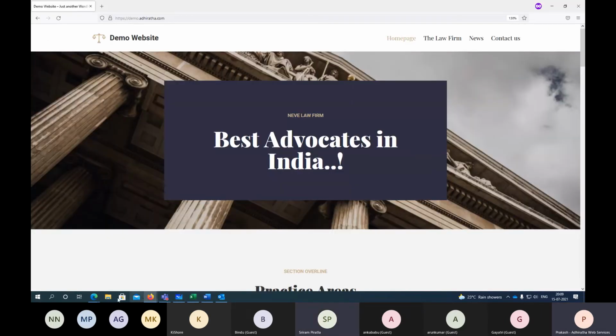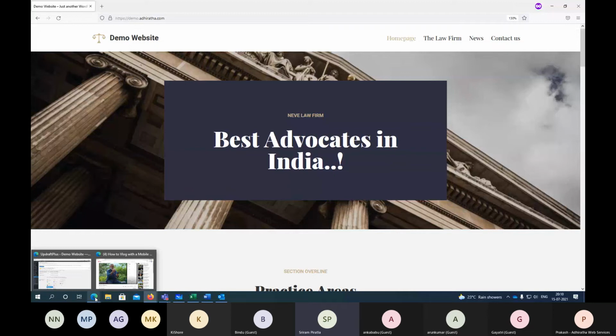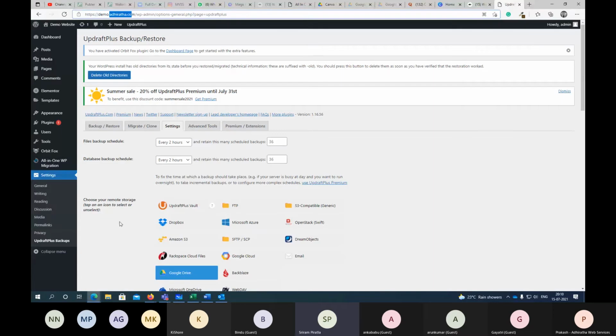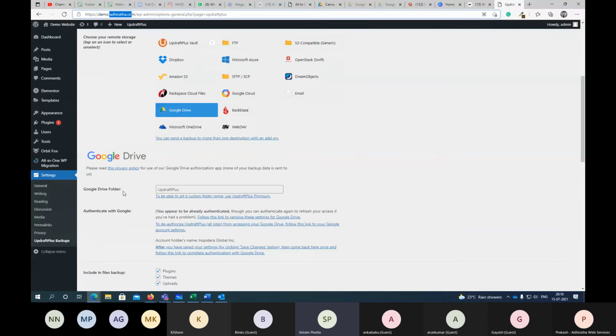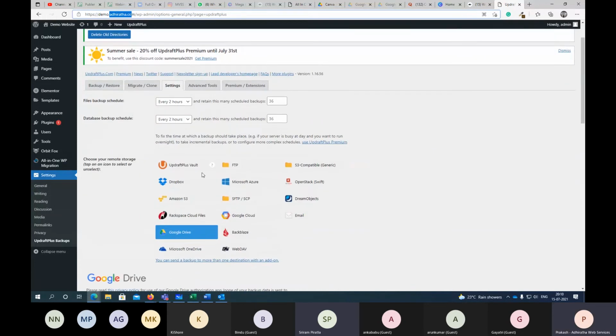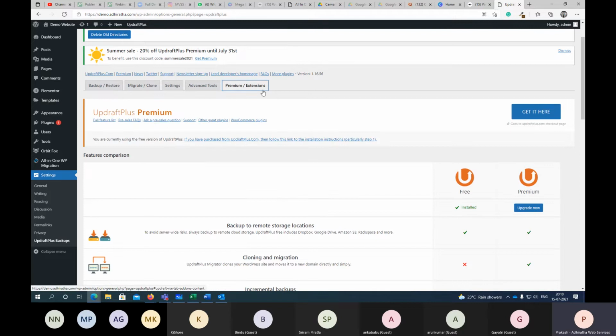It is clear, but actually there is no option like differential backup or something like that. Like what are the changes that happen, only those changes to be updated. That depends on separate plugins. As of now, these guys are not giving any differential backup, I think. Maybe in the paid version, it might be there.